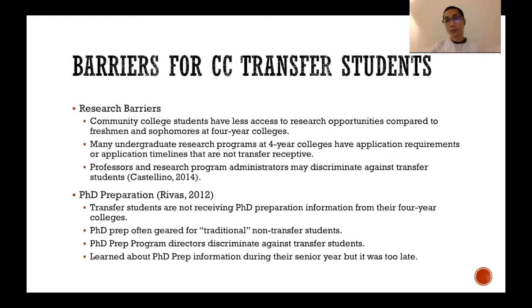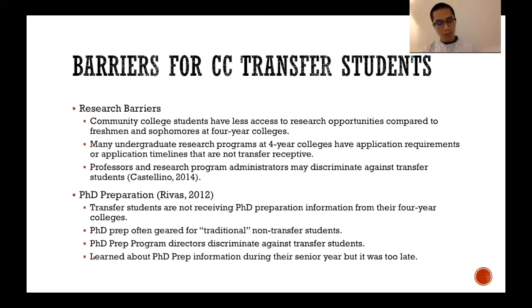Some of her research participants also reported that PhD prep program directors and staff members discriminated against transfer students. And again, not a lot of transfer students receive PhD prep information from their four-year college, but those that did often received it during their senior year. This is problematic because it was often too late to prepare a competitive PhD application, since that's when people apply for PhD programs, in December, January, February, right?